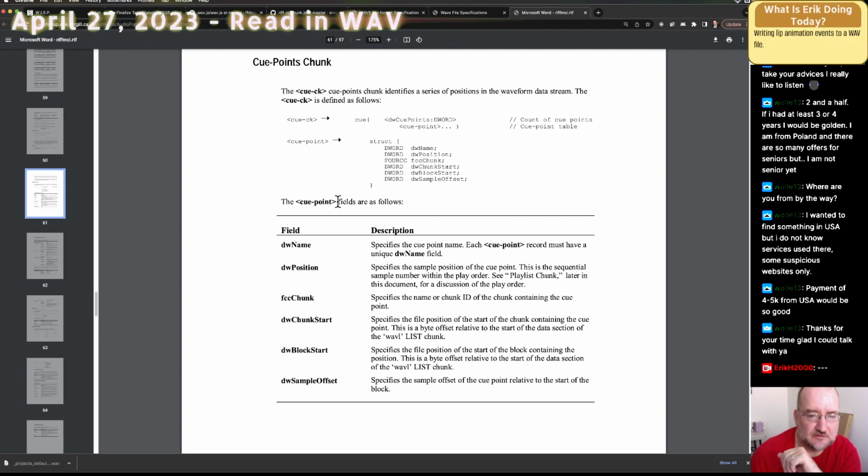It says the cue point fields, so that implies, okay, it says cue point table here, it says count of cue points here. Okay, so there's this little part at the beginning of the subchunk that's going to give us a number of cue points here, and then I write the cue points, and